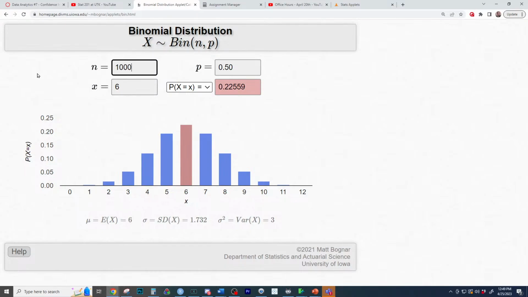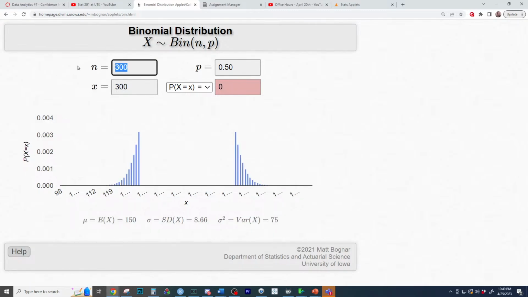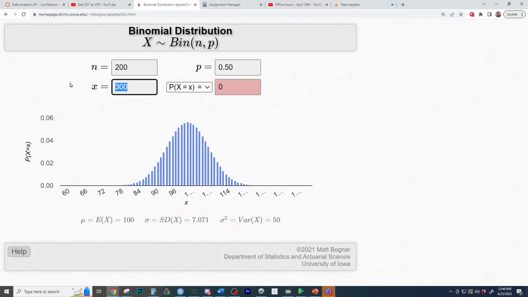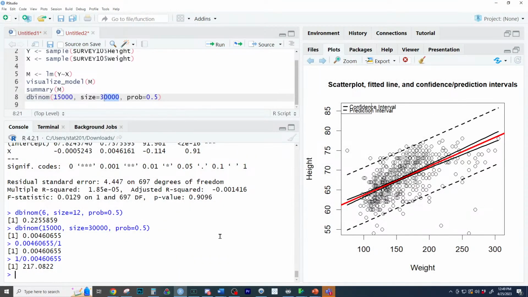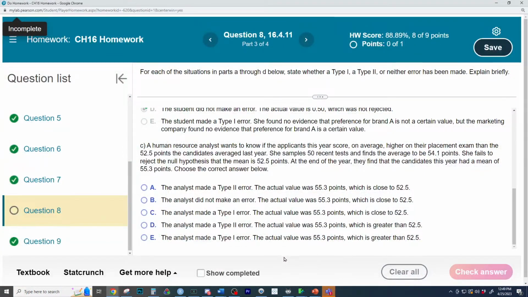And we could see something with like 1,000 observations and 500. Oh, it can't even do that. Come on, your applet's bumming me out, man. It's just too much for the applet to handle. Wow. 300? It starts to break at 200, I guess, right? There we go. And there is the probability of observing exactly 100 with 200 occurrences. We could do the mathematics on that with permutations, but using software is much quicker. So if 50% is true, it would occur about that percent of the time for a UT population, about 1 in 212, 220 times or so.